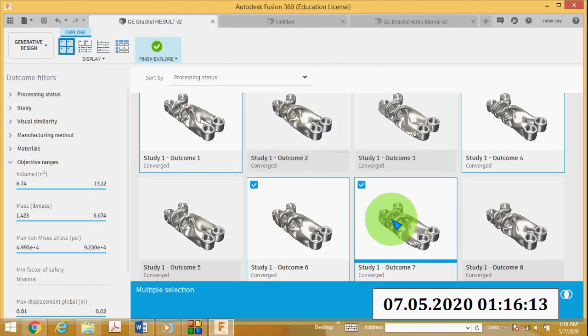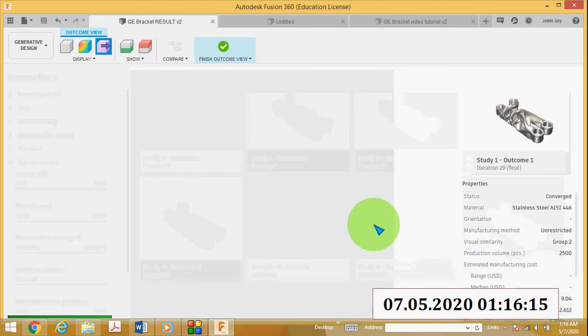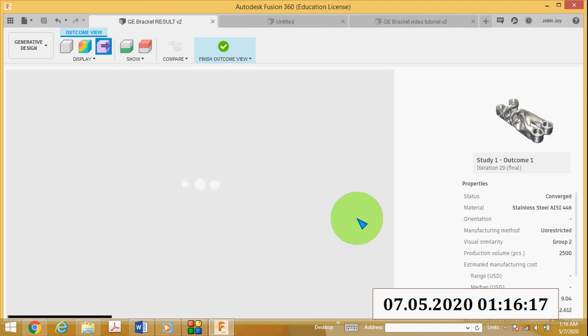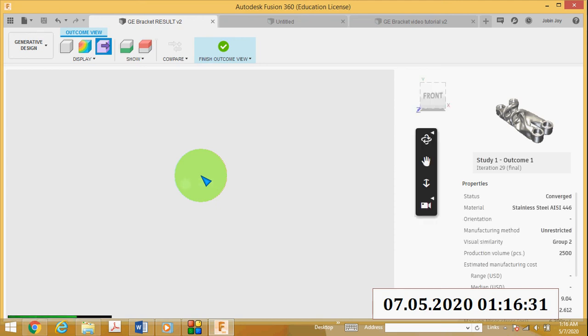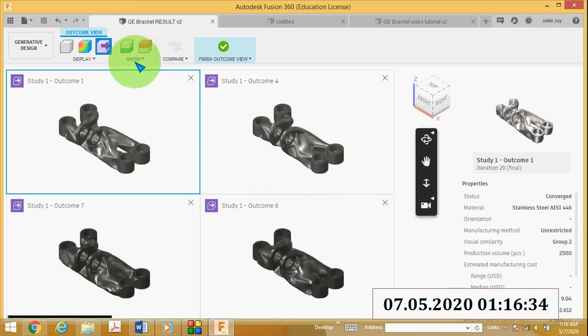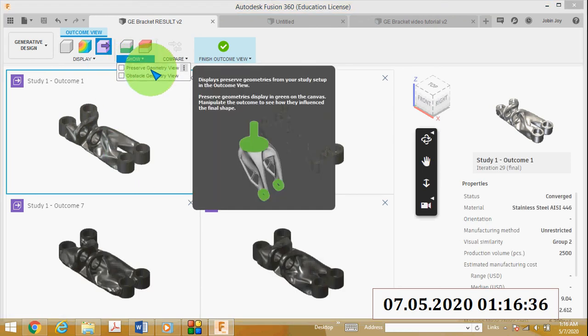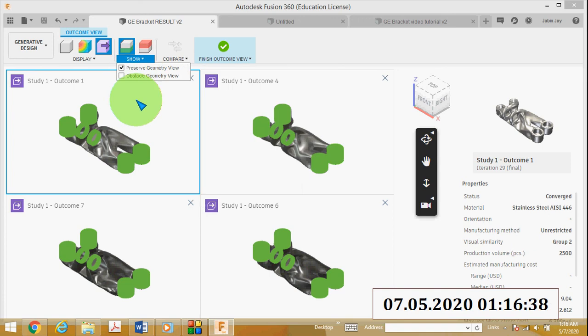So I will finish this once again. I will open the comparison. Here in this show icon, if you want to see the preserved geometry, click here.